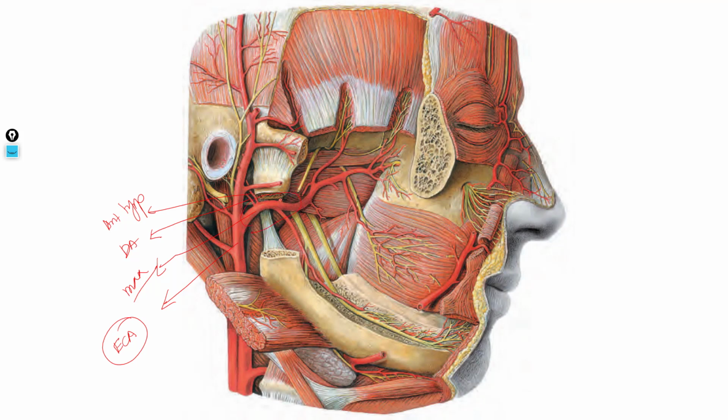Here you can see a branch. This branch passes through the foramen spinosum behind the lateral pterygoid. So this is the middle meningeal artery. And then another branch going downwards along with the inferior alveolar nerve. So what is this artery? This is the inferior alveolar artery, and another branch will go behind, passes along with the mandibular nerve. That artery will be the accessory meningeal artery, right?